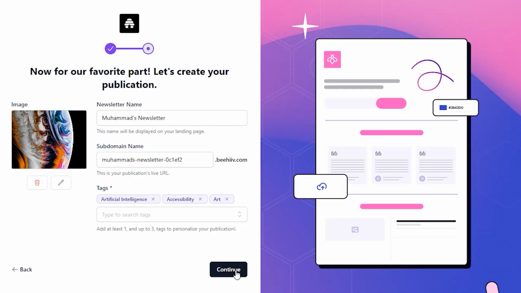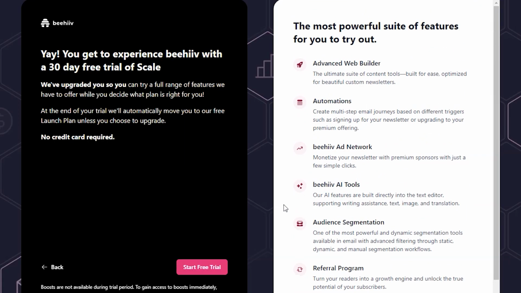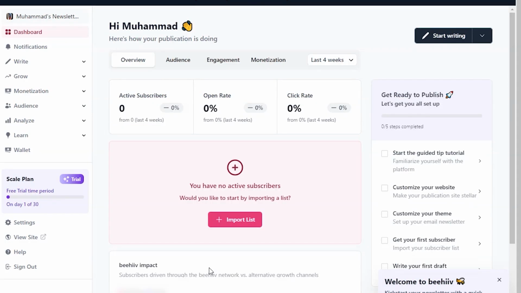Then click on Continue. Now here, click on that Start Free Trial button, and you will successfully sign up for